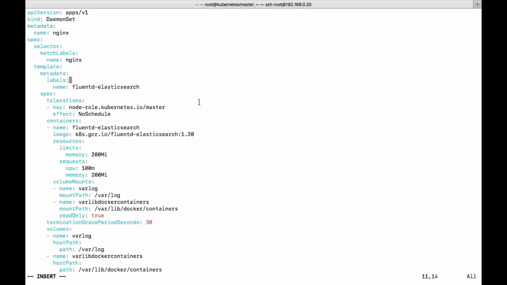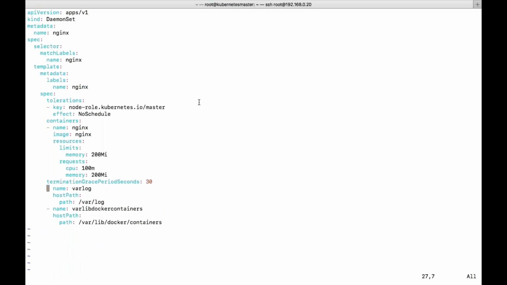Everything I'm giving Nginx names. These are like names. Here I will use an image called 1.7.9 so that I can show you the rolling updates.